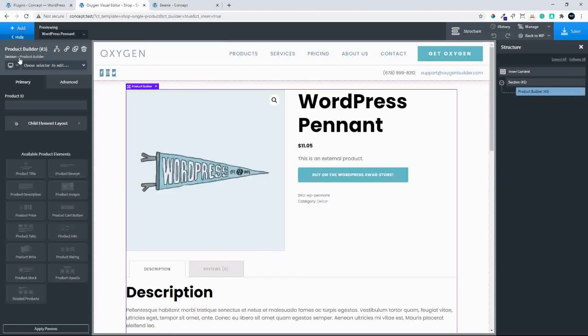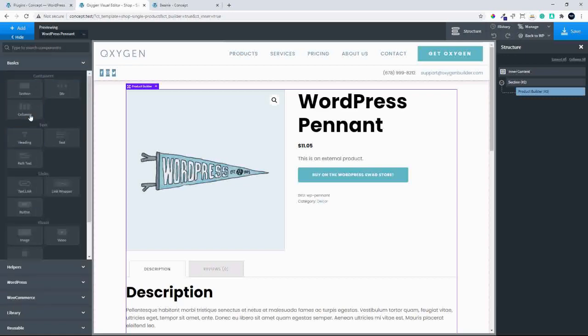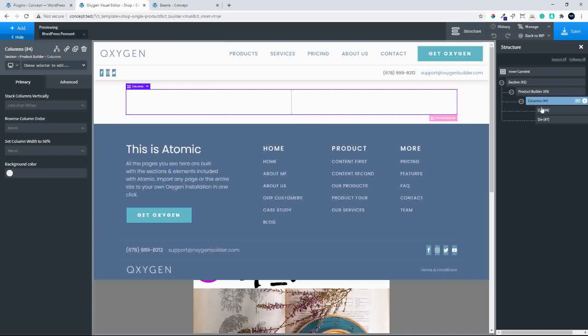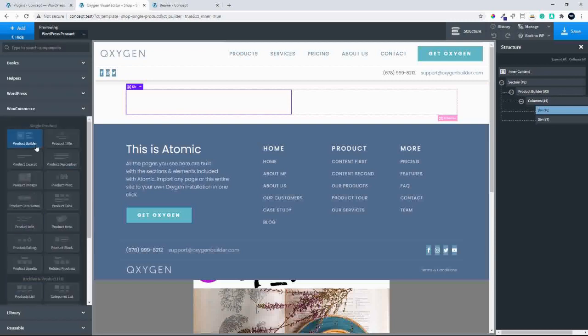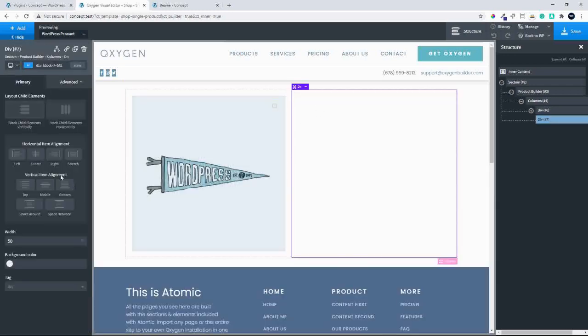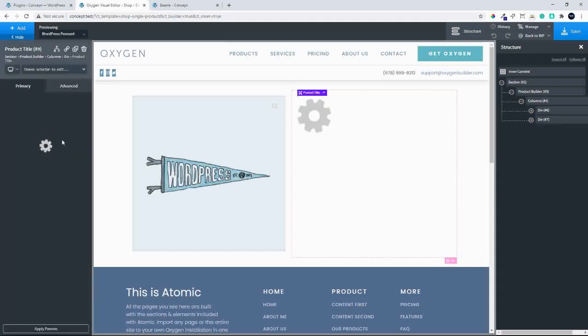Let's say we want a 2-column layout. I'll go to basic, head over to columns, select a 2-column layout, and now you'll see that the shop elements no longer display, but my column element is inside the product builder. I can now quite easily head over to WooCommerce and add product images on the left-hand side, and on the right-hand side I can quite easily add a product title,